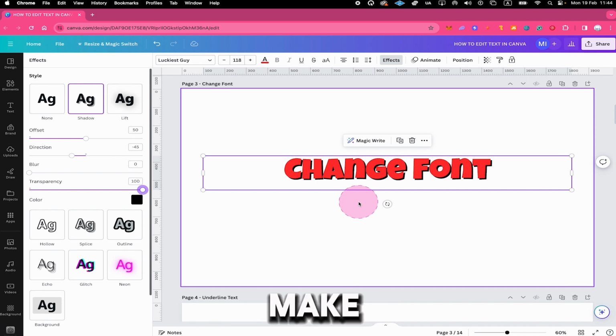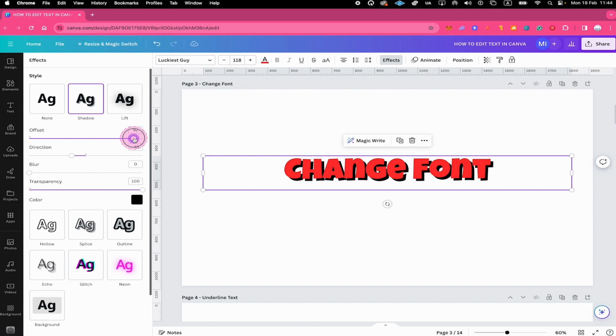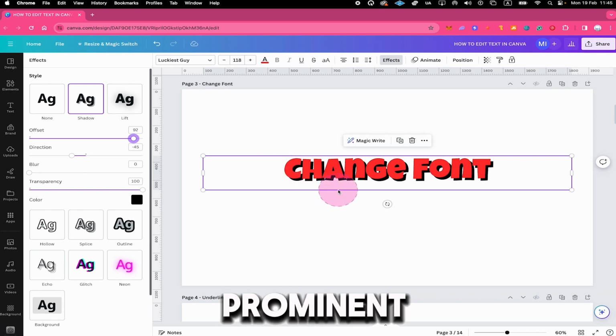However, I would like to make this drop shadow a bit more prominent. And the way you can achieve that is by using offset right here. So I will increase the offset. And this looks so much better in my opinion. Now we have a lot of contrast in our font, and the drop shadow is very prominent now and highly